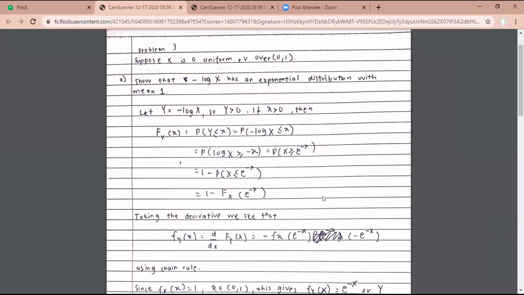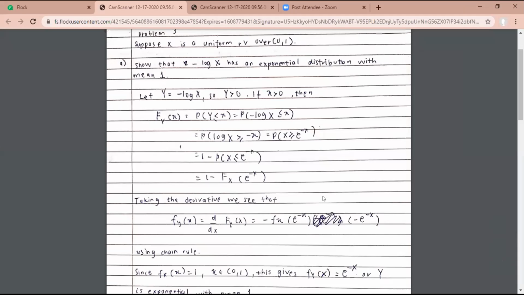So for problem 3, the question is, suppose X is a uniform random variable on the interval 0 to 1. For question A, we need to show that negative log X has an exponential distribution with mean 1. I let Y equal negative log X, so Y is greater than 0. Then the probability that negative log X is less than y, which equals the probability that log X is greater than or equal to negative y,